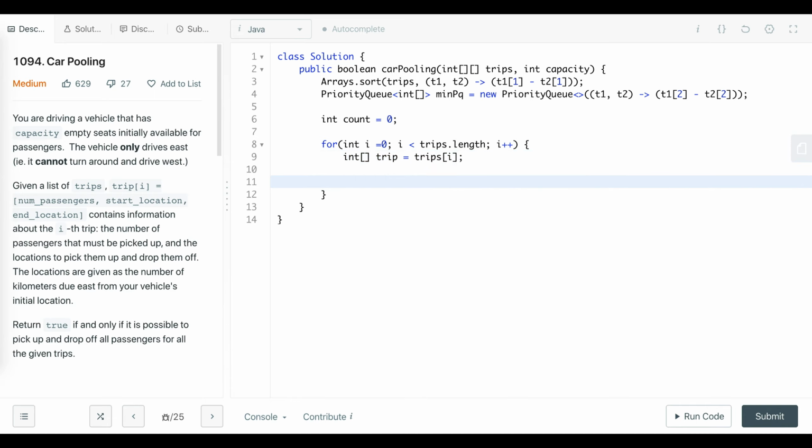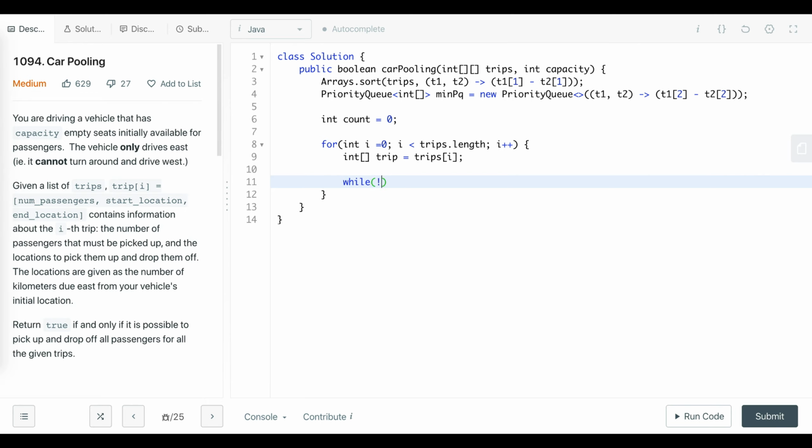Then I have to see if my minimum priority queue is not empty and the ending location of my top of priority queue is less than or equal to my current trip starting location. If so, I can just pull it out, remove it.